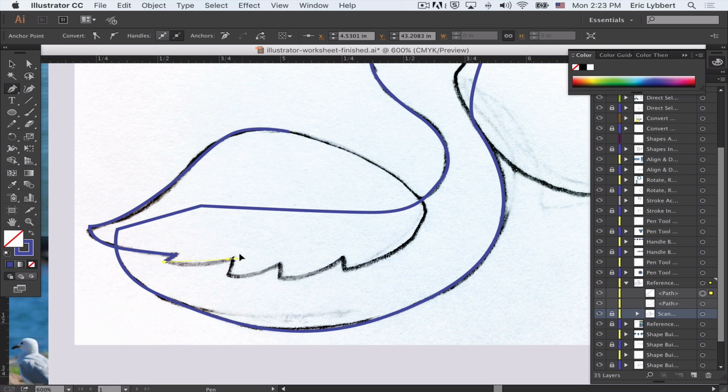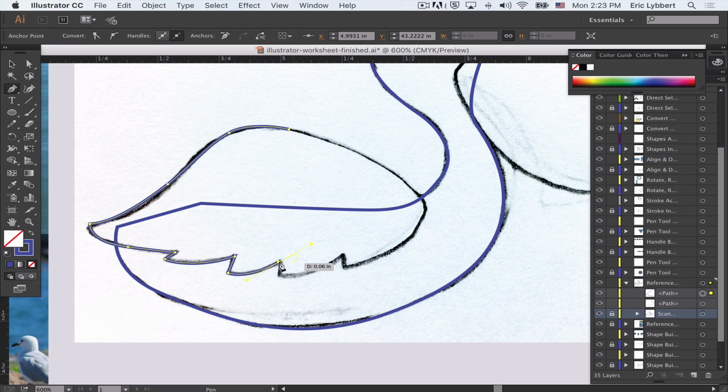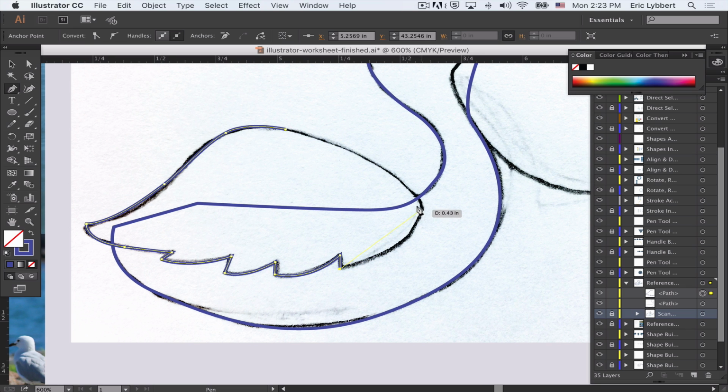Come over here, I could almost click once, and then just like in the maze, I'm going to go all the way to this next point. Click and drag, give me that curve, click that anchor point, come out here again. Come over here, click and drag, match the curve, click that anchor point, removes that handle, and I can come straight down again. Again, click and drag, click the point, come down here. And then this point here, once again, click and drag,